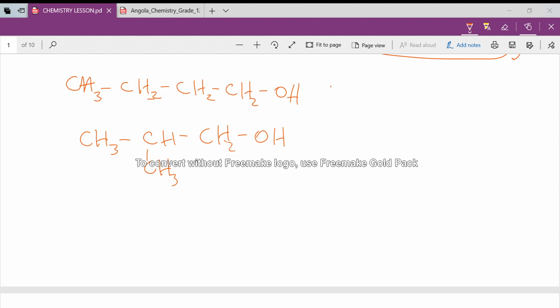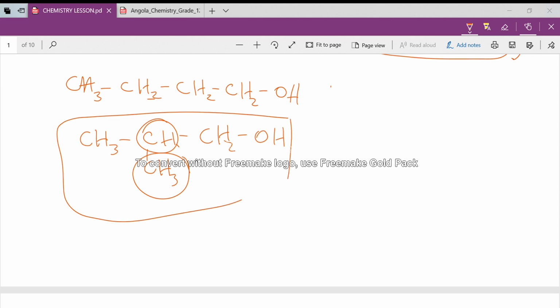So, when we have a branch, it means that there is less space for contact between the molecules. This part here, these molecules here, they kind of cover this molecule. So this molecule cannot interact with other molecules. So the van der Waals forces in this compound are smaller compared to the van der Waals forces here. There is more room for contact with other molecules here. That's why branching will increase